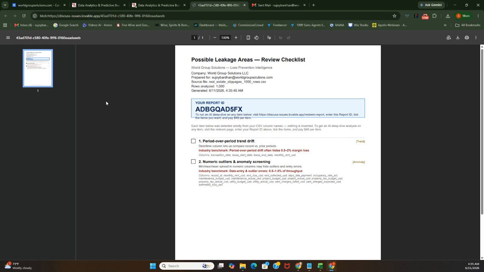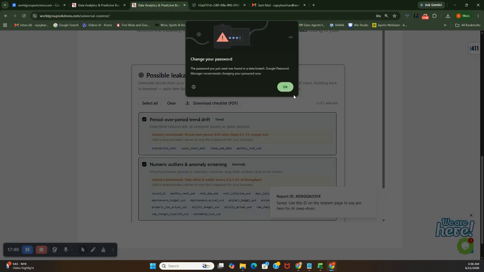Now, at this point, you will be getting a report ID. Very, very important point for everybody who are normal users to use this report ID. Now, the scenario is that you might see that there are issues. In this case, there are only two issues. But you might come across scenarios where there are probably eight, nine issues, and you might need to sit down with your boss and your team to figure out which one to tackle. This is straightforward, but I wanted to let you know that you can use this report ID and come back later on to fill it up here